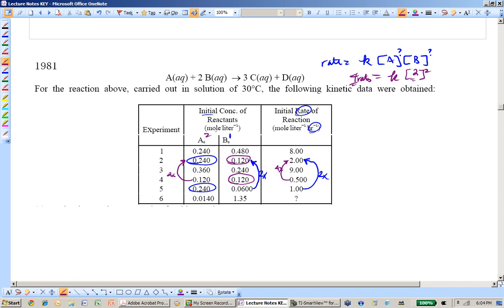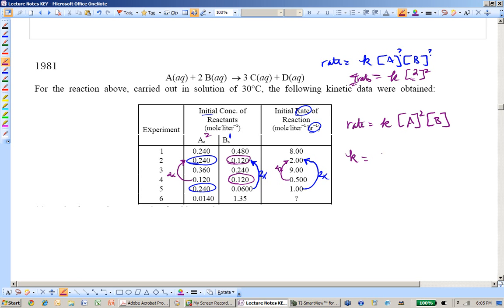So the next thing we would be asked to do, you can just bet these all follow the same recipe. We're going to be asked to write the rate law. Easy enough. Rate equals K. They all start that way. Don't forget the K. That's why I like to write it in the table too, because now I just look at it. A we determined was second order, B is first order, and then they want me to solve for K. So K is going to be, with proper units by the way,